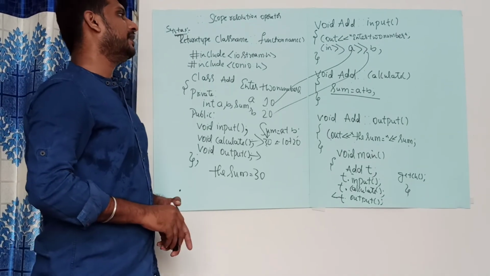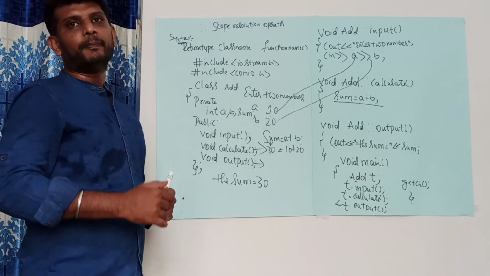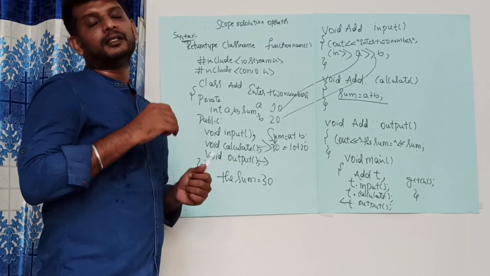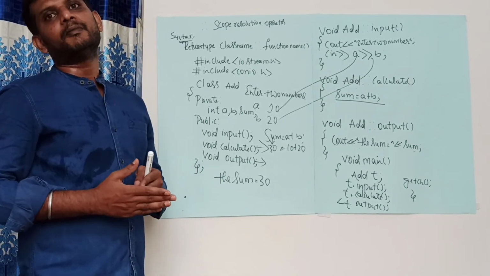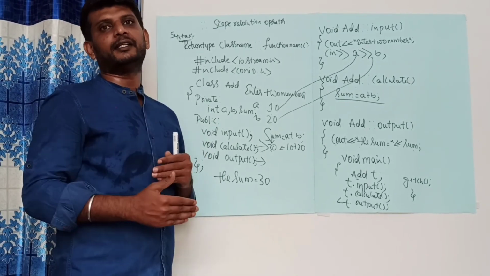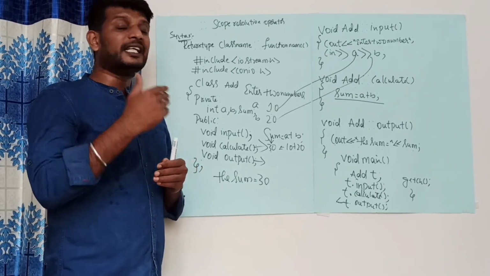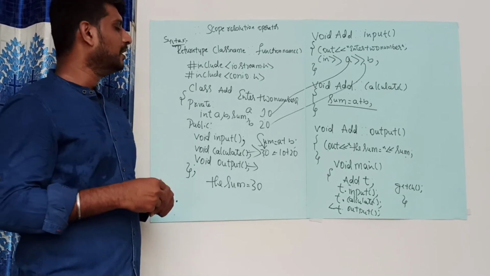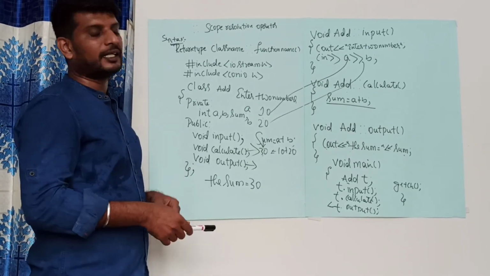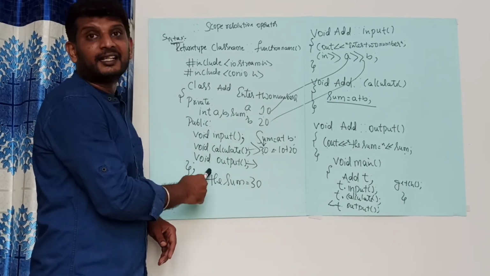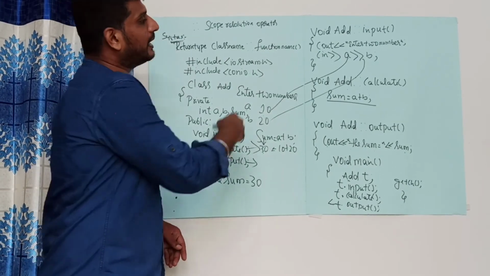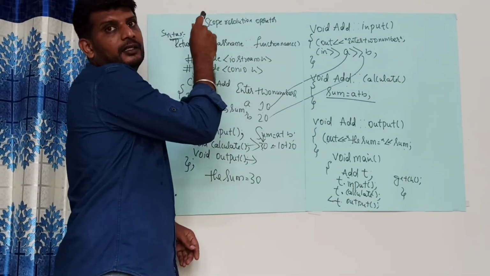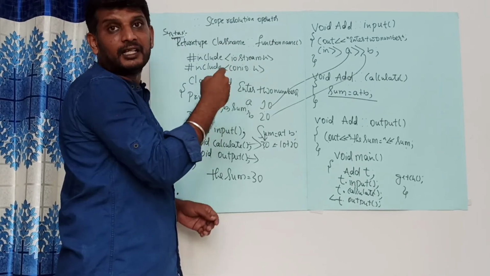So this is how exactly you define the member function outside the class by making use of the scope resolution operator. The thing you have to remember is you can define the member function inside the class as well as outside the class. For defining the member function outside the class, you will be making use of the scope resolution operator. Whenever you define the member function outside the class, inside the class you have to just declare the function. Outside the class you have to define it. And I have told you the syntax for defining the member function outside the class.